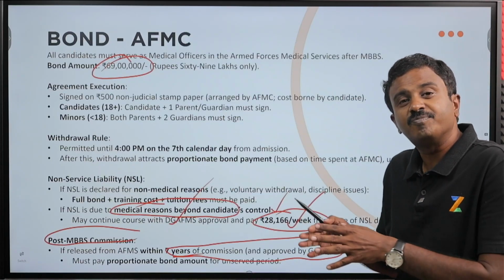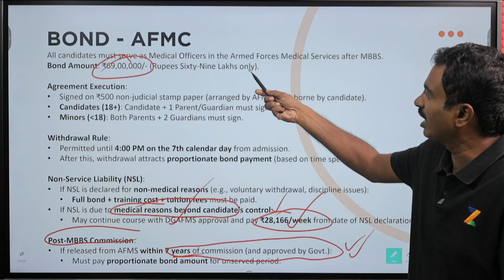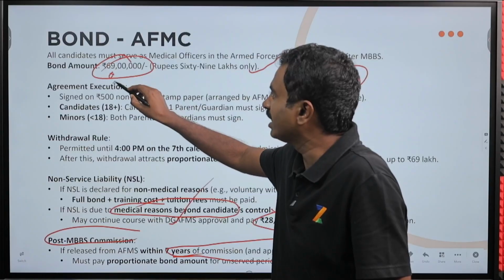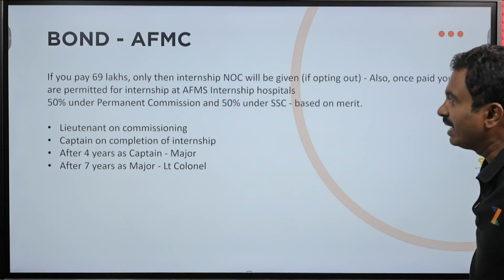But 7 years you have to completely serve the Indian Army as a medical candidate, otherwise you will have to pay a proportionate bond. Let us say you serve for 6 years only. Last 1 year you did not serve, then you might have to pay around 9.5 lakhs for 1 year. Let us say 7 years it is 69, 1 year whatever is the amount that you might need to pay. If you pay 69 lakhs,